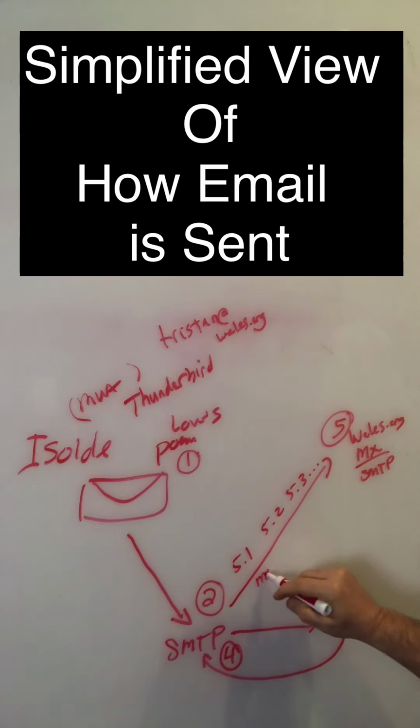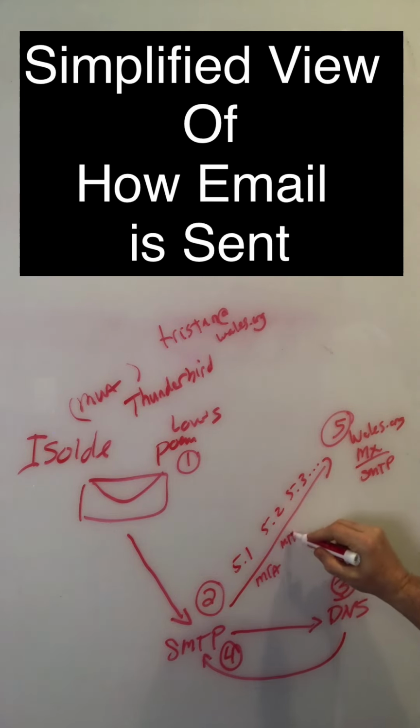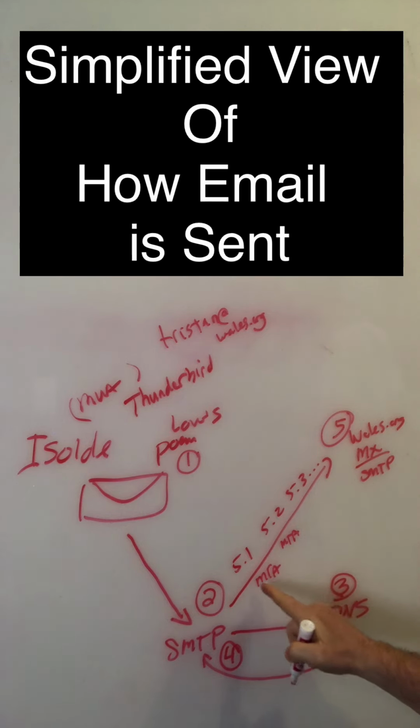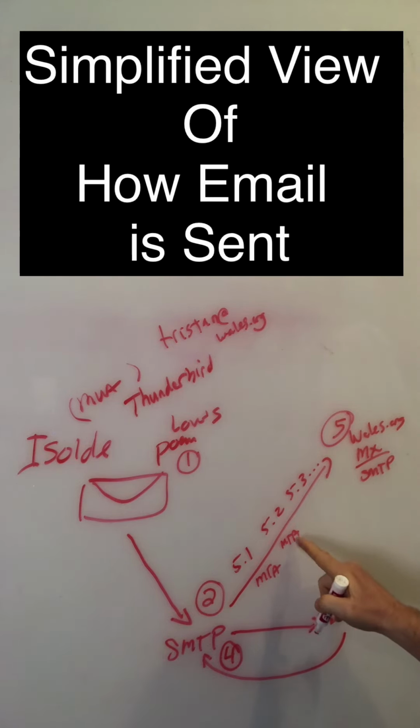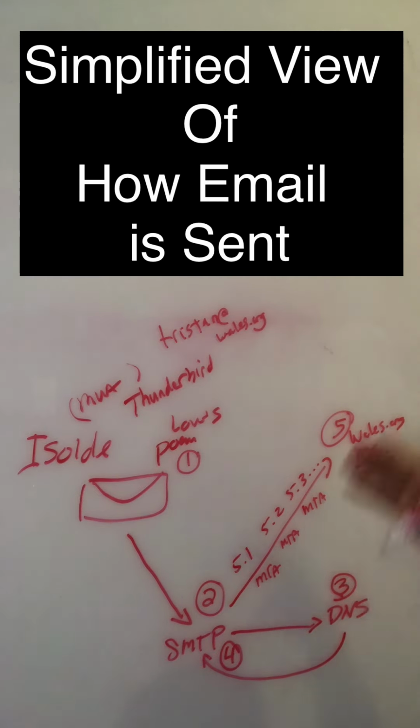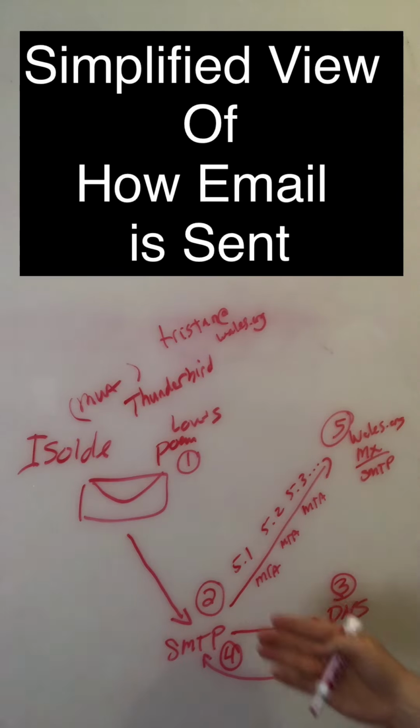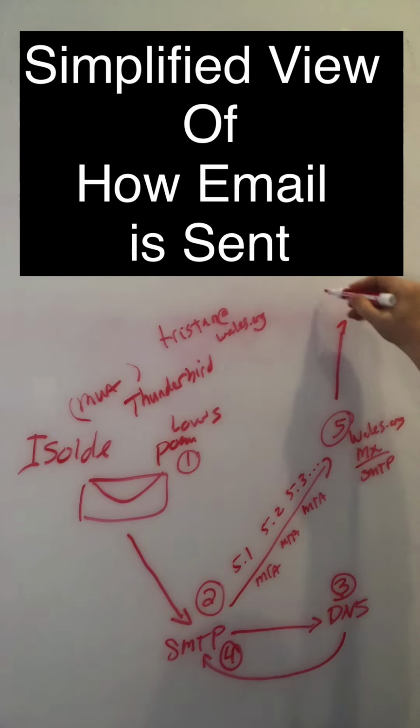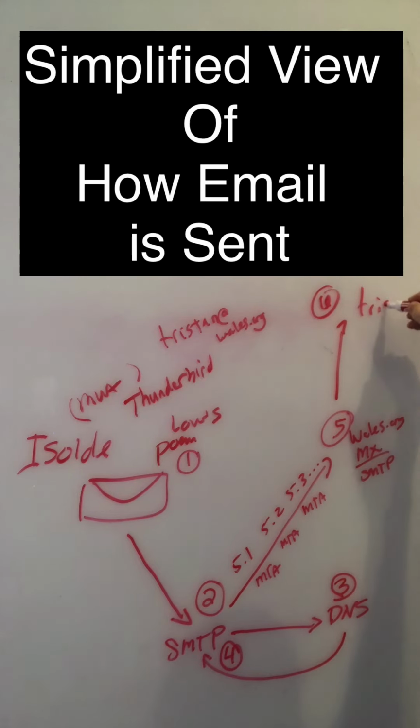And each one of these would be another mail transfer agent that's like, no, I'm not wales.org, but I know where it's at. No, I'm not the MX server for wales.org, but I know where it's at, and so on, until it actually gets here. That's why at the top of an email, you will frequently see what they call a send-receive stack of servers that have taken the email and then handed it off to another server, which took the email, processed it, and handed it off, etc., until it finally gets to the mail exchange for wales.org, and it will read that and go, oh, this is to Tristan, and it will finally deliver Isolde's love letter to